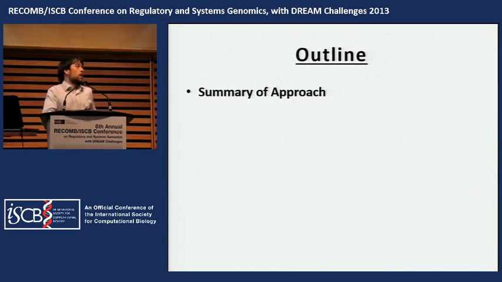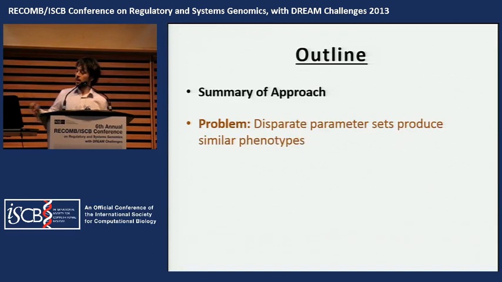Okay, so for the first half of the talk, I'm going to summarize what I actually did in this competition, and I'm going to go through most of the important details, but I am going to gloss over a few things because I want to push through and get to some high-level questions that I think have already sort of been touched upon by the previous presentation and the introduction. And the first problem is that disparate parameter sets in this bacteria model can produce similar phenotypes. And this is why, even if you have a really good parameter distance, as we've been calling it, you don't necessarily have any better prediction distance.